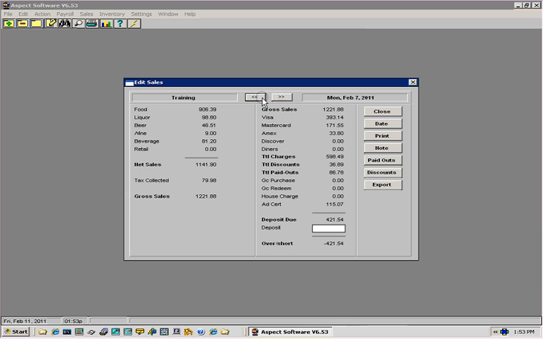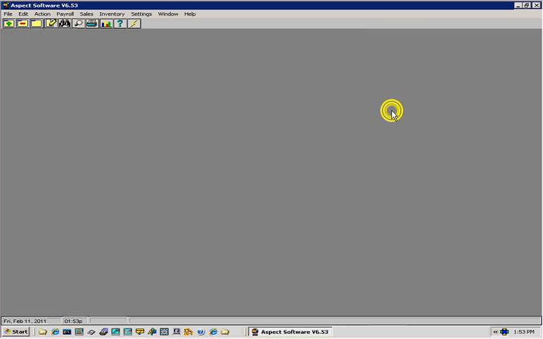We can now go in to Aspect and see that the sales have now been re-imported successfully for the 8th, and they've been re-imported successfully for the 7th. And there you go. If there are any further questions, or if the files are not correct in the C Micros folder, simply open a